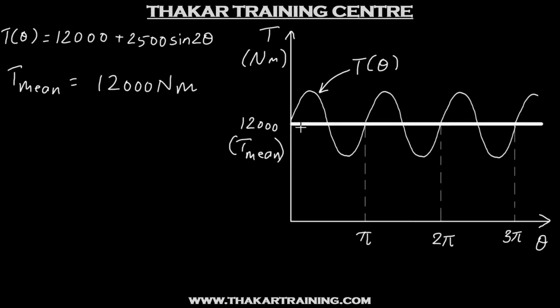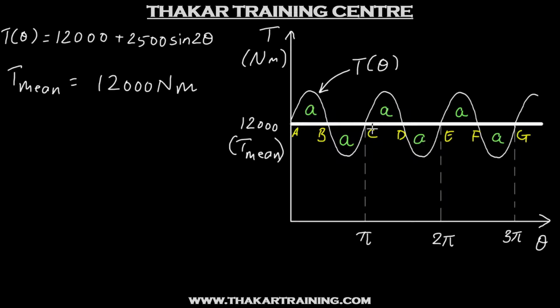The next step is to find fluctuation of energy. So let's just mark the points where the actual torque diagram intersects the mean torque line. Now let's further understand why that information on crank rotation angle of one cycle is not required over here. Let's say that this area is A. Then the magnitude of this area is also going to be A since it is a sine curve. And so all of these areas are nothing but A.